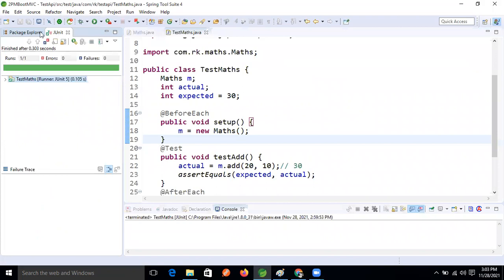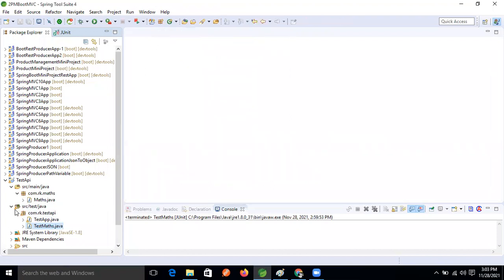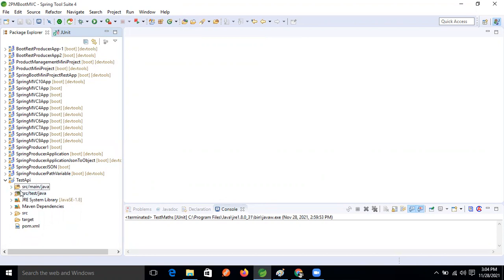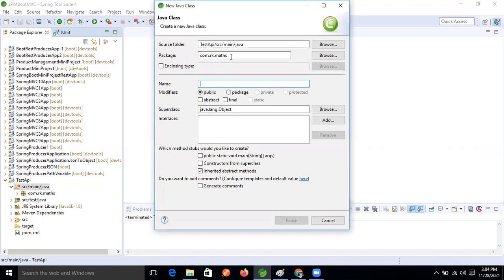Let's do the coding now. So this is the math test cases we checked, right? Normally, if we want to test a JDBC connection in real time, we right-click and create another package. I'm taking the package name connection API.